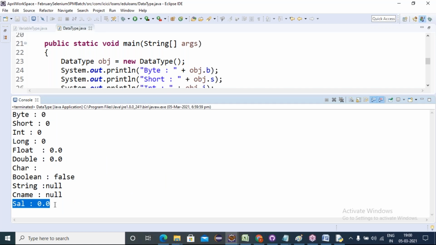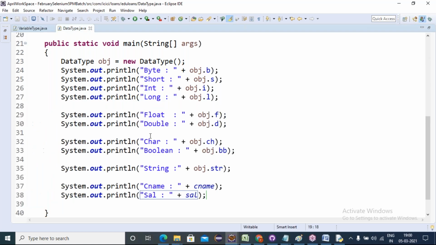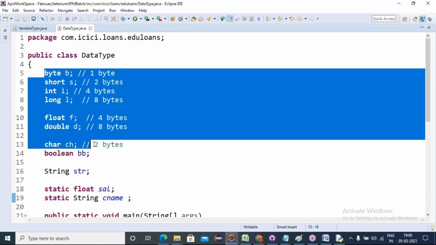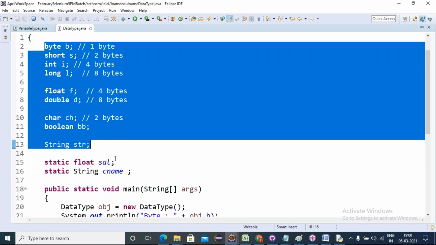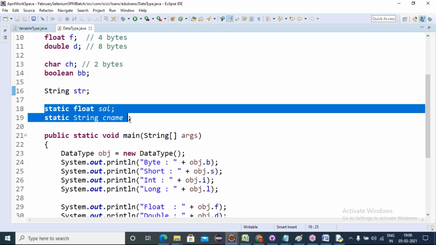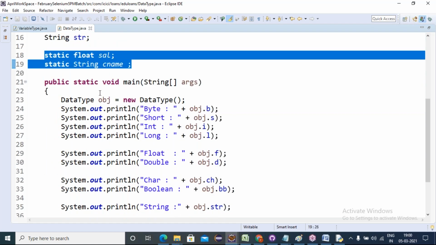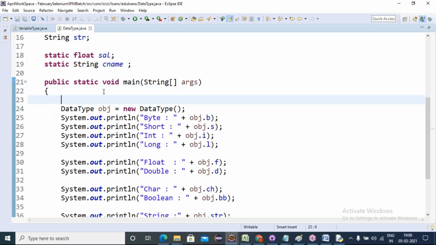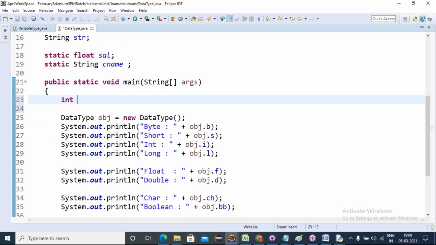And coming to the local variable. For the instance variable, if I'm not defining values, we have seen the defaults. The same default values are given for static variables as well. Now let's come to the local variable. Here I was giving x equal to 100. Friends, how can we access local variables? Come on.